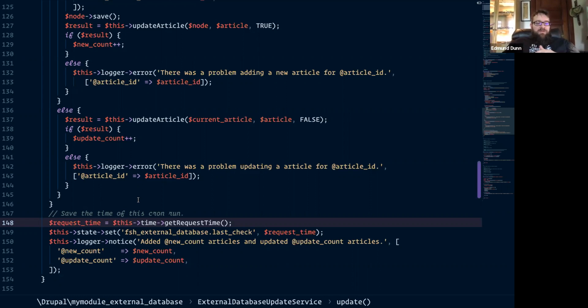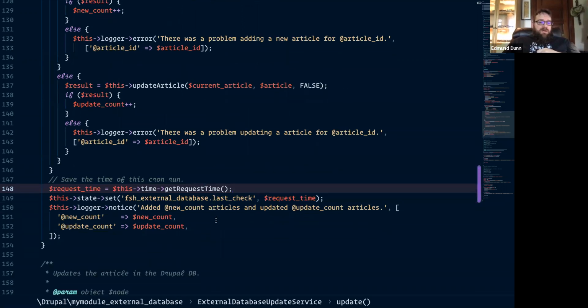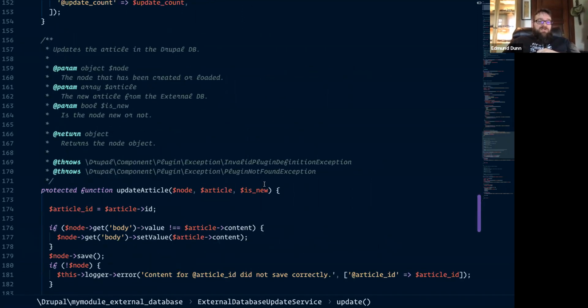We are storing it in state, so that the next time the cron job runs, we can get it out and do our comparison. And here we log a notice of however many new articles and however many updated articles were processed. And that is the end of the service.